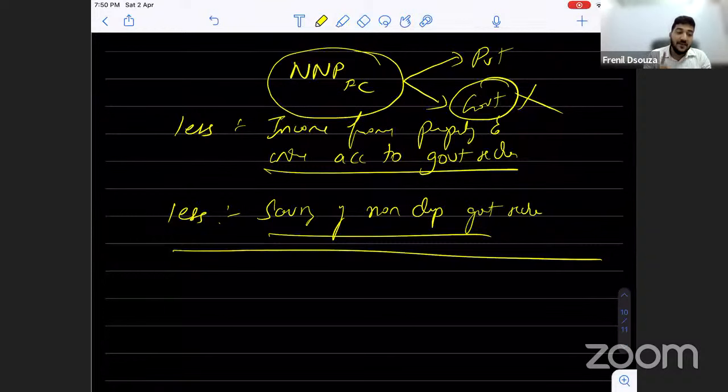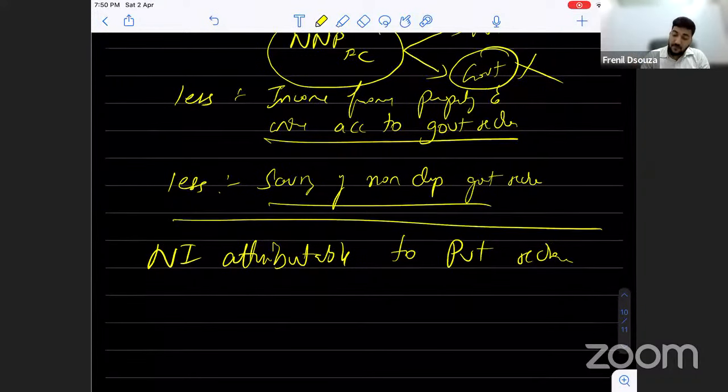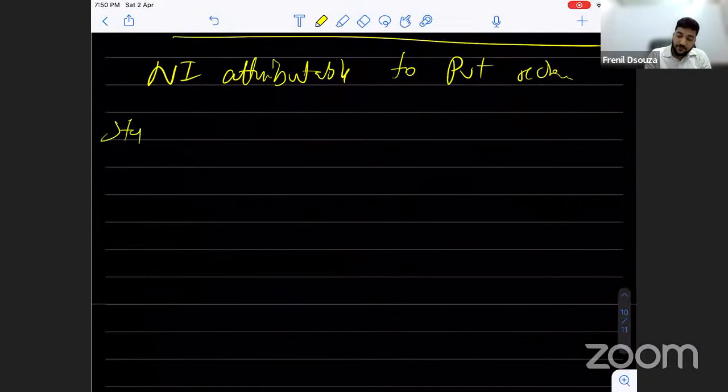And here, what is the resultant that we get? The resultant is not private income. The resultant is the national income attributable to private sector. You have to be very careful. When you minus the government's income from the national income, that is NNPFC, the resultant is not private income. It is national income attributable to private sector. And from there, we have step 4. So what do we do?